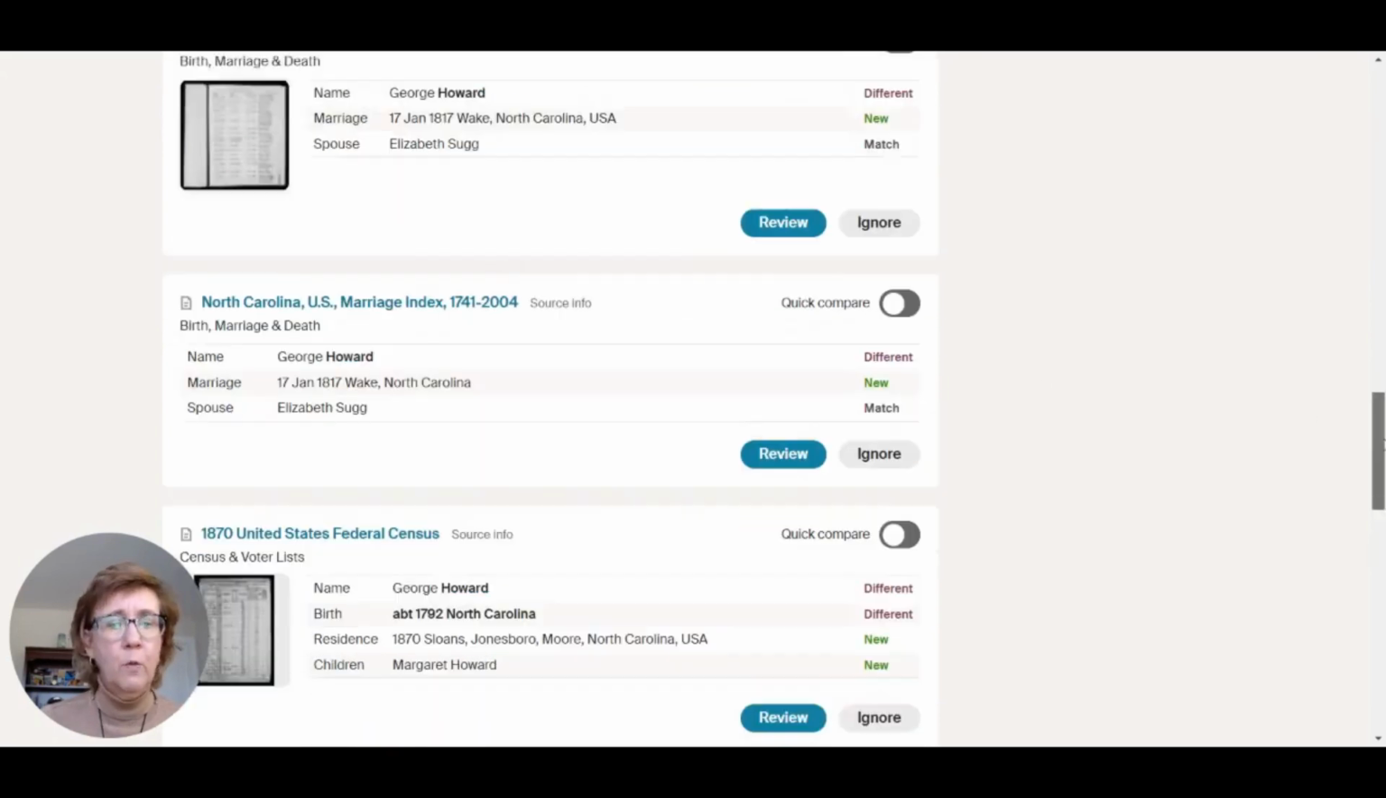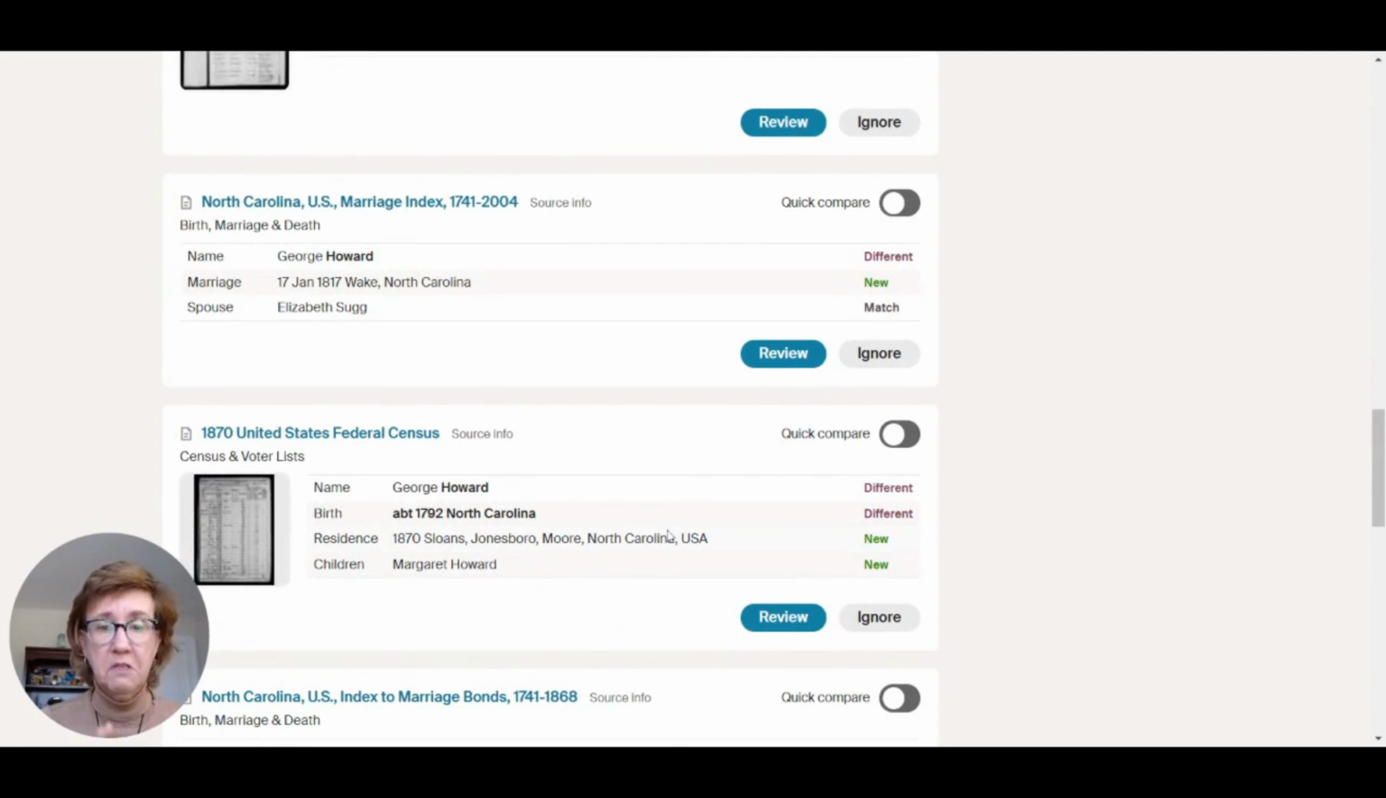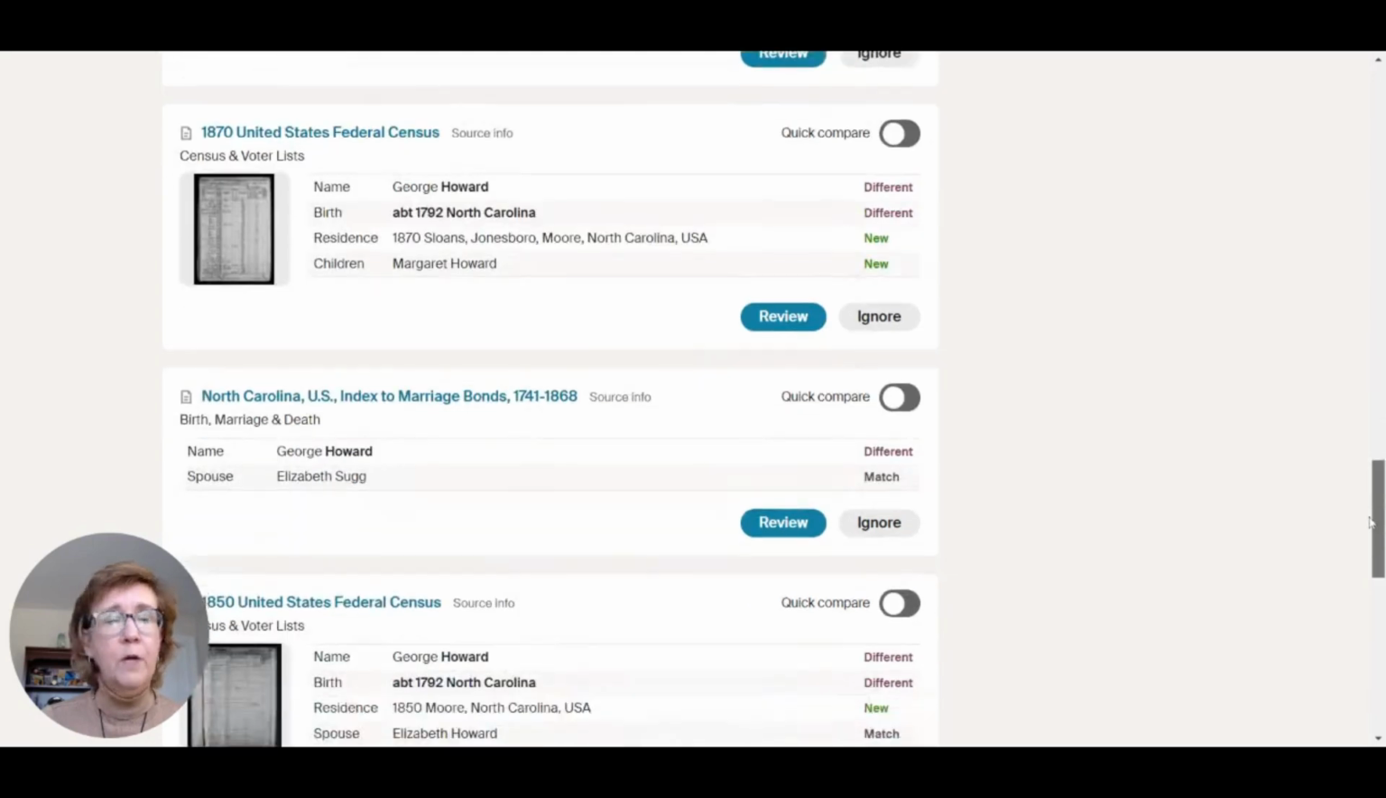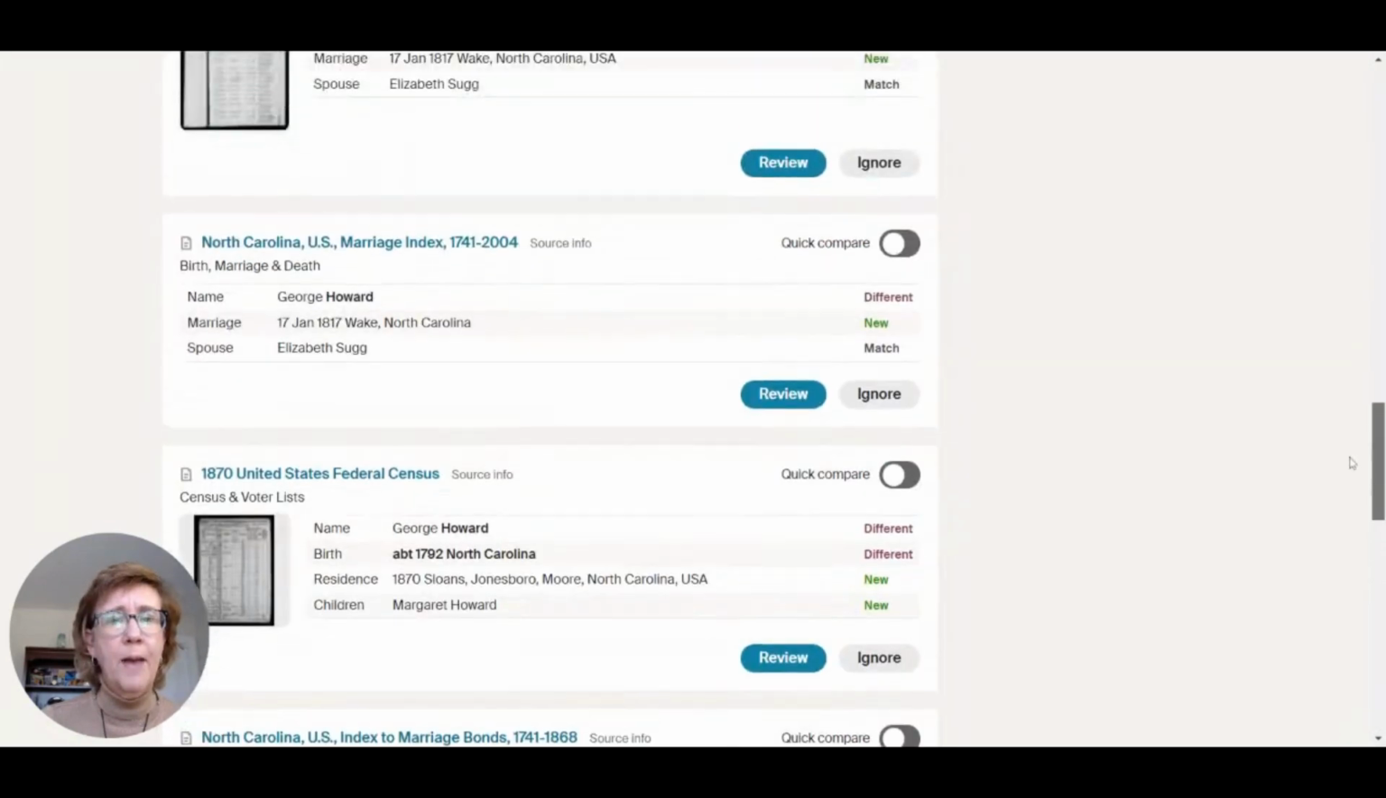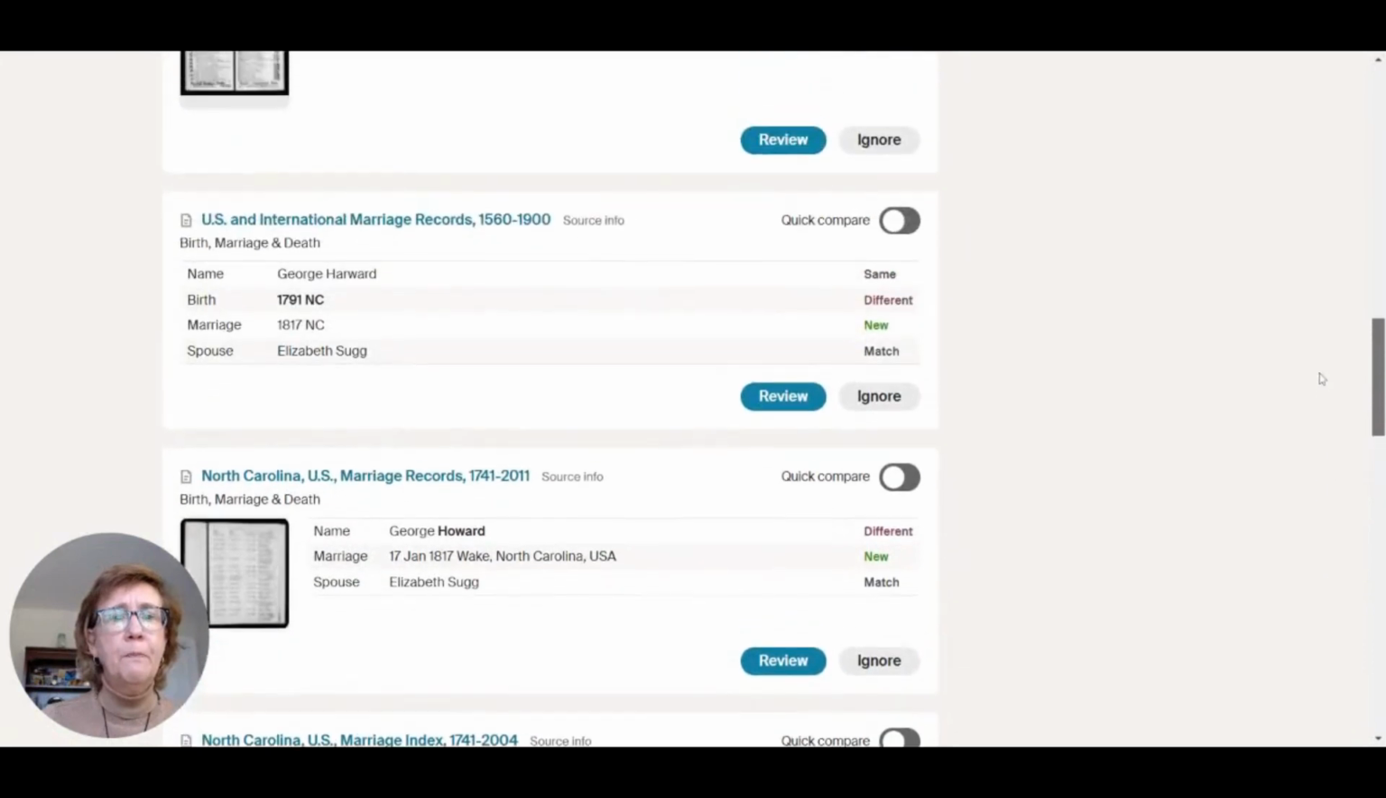You know, he's in the right part of North Carolina. Here he is in Wake County, North Carolina, Moore County. This is close. I know that this is the right guy. So these actually look really good. But there was one outlier a little back up. If I back up a little bit,